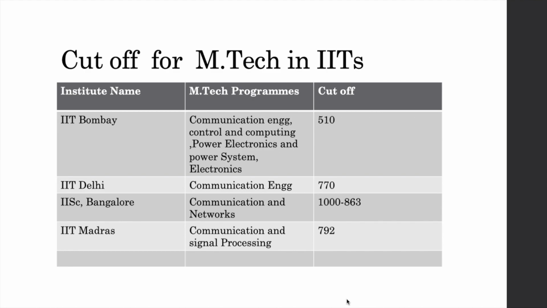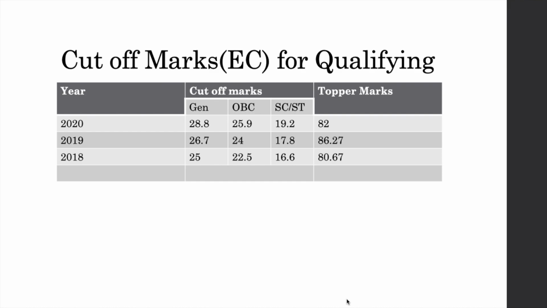We'll talk about what the GATE score is. In the last slide, the minimum cutoff marks we talked about were marks out of 100, and for every mark we have a definite score given to us in the GATE scorecard. Just to give you an idea, the toppers have a GATE score of 1000. Suppose we have a value of 82, as in 2020 the topper marks is 82, so he or she must have got a GATE score of 1000.